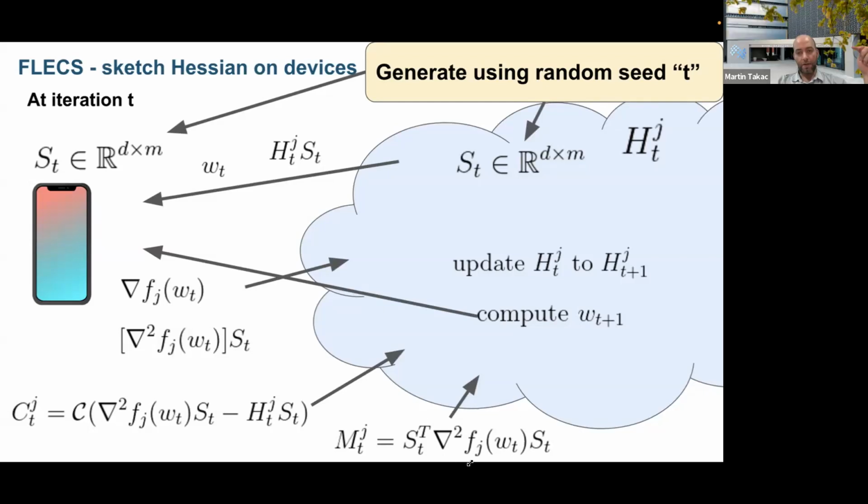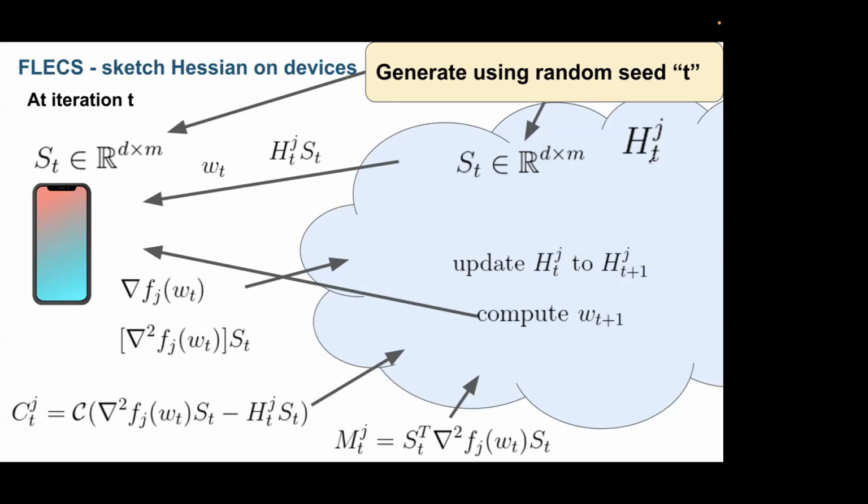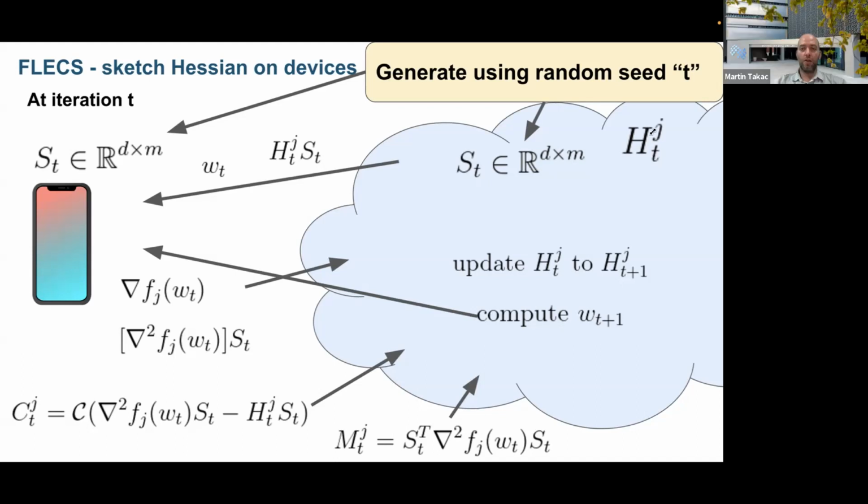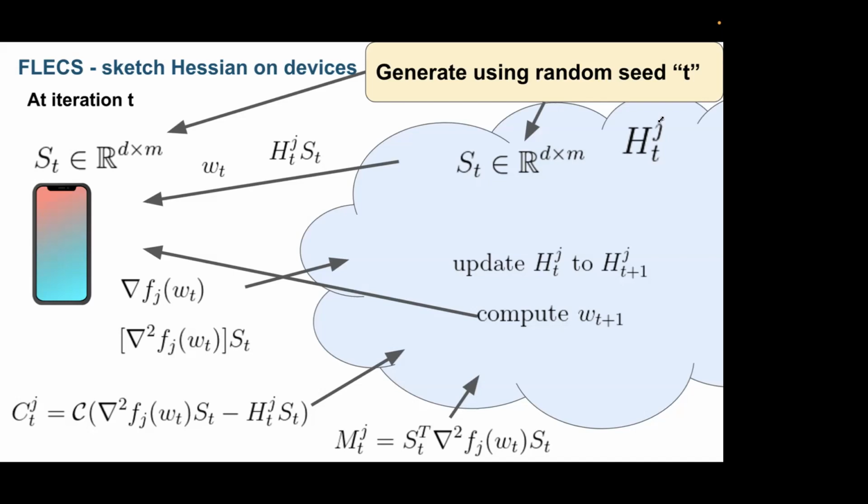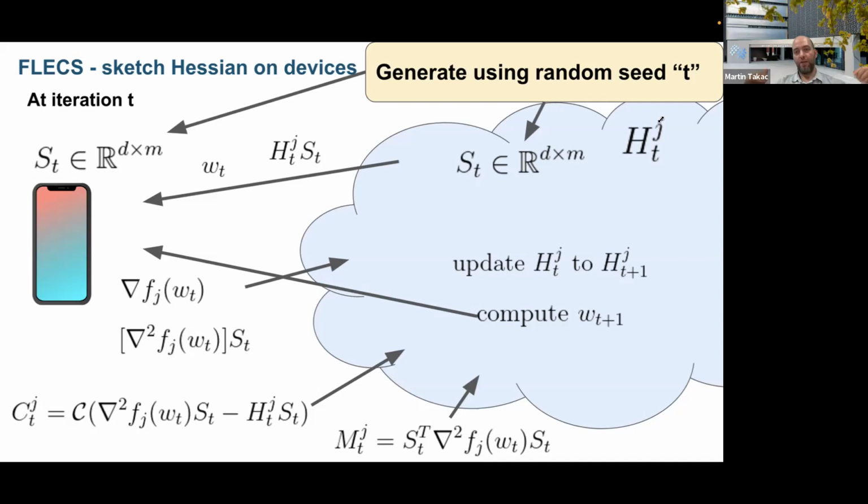I think you can see my mouse, right? Yeah, I can. Again, H is just an estimate of the Hessian. Maybe it's not perfect, right? If you have the H_j^t's, the estimate of the Hessian would be the average of those H_j^t's over j. Basically, j is the machine number, you have 1 up to K. So the estimate of the Hessian I would use will be the average of those matrices for different j's from 1 up to K.